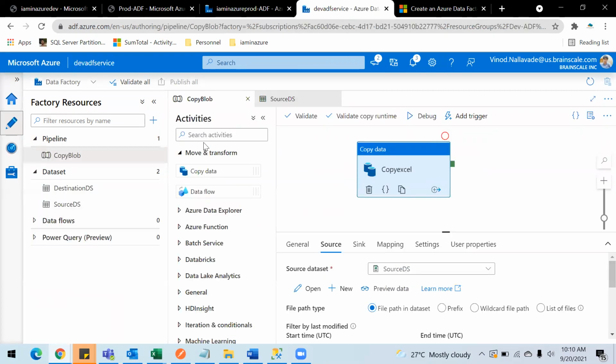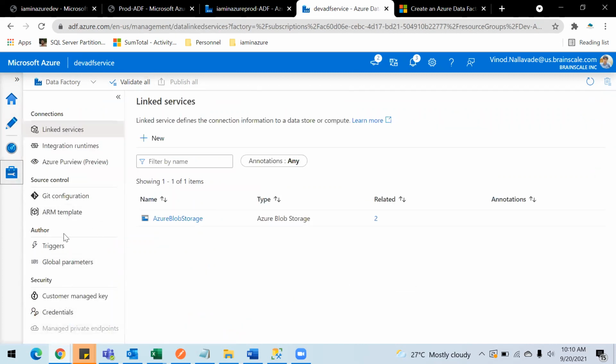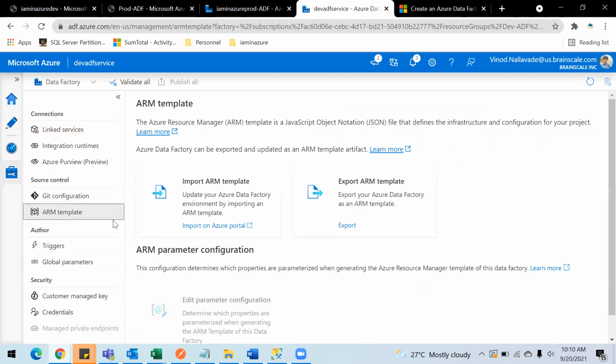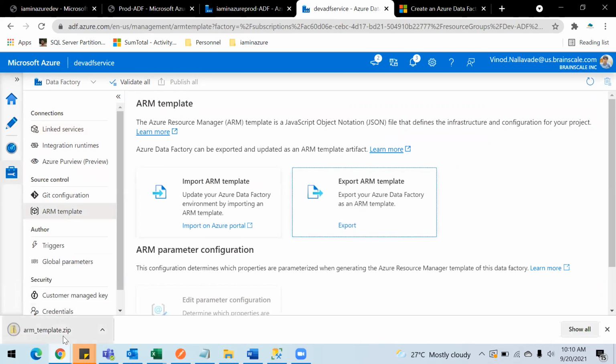So this is my dev, which you can see it here, dev ADF service. You have to go to this manage, then ARM templates, then export. So this will export you a zip folder which contains the JSON files for this data sets, then the pipeline, then the linked services.